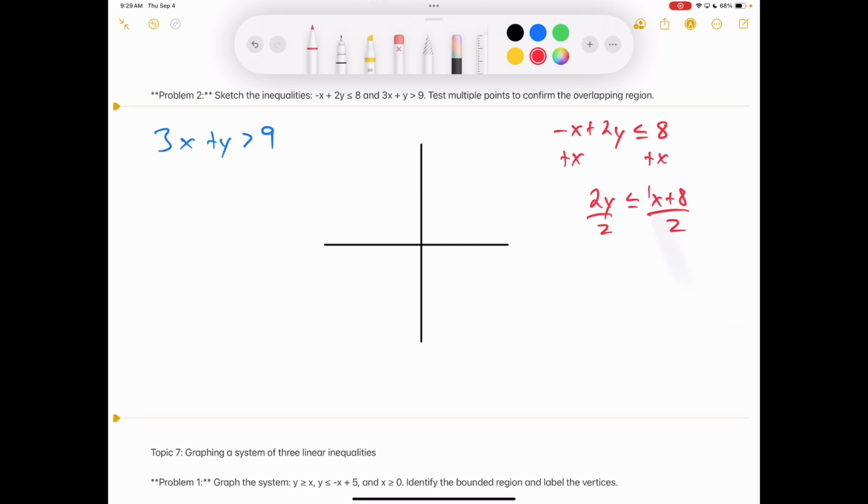There is like a 1 in front of the x, so this is y is less than or equal to 1/2 x plus 4. Make sure you divide the 8 by 2 as well. So my slope here is 1/2. That would be up 1 to the right 2, and my y-intercept is 4. So the two things that are different